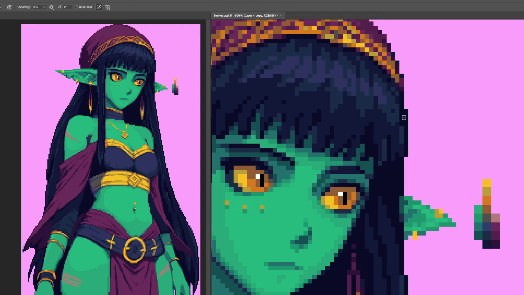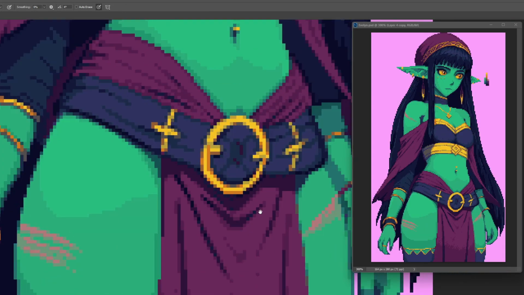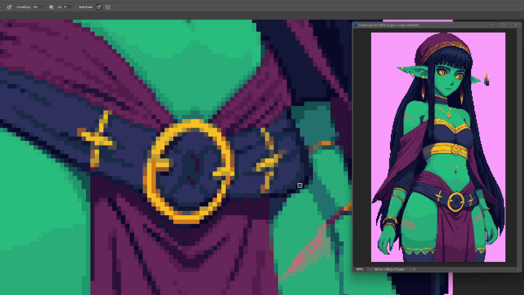I was trying to figure out how to shade that edge, and it was a lot of trial and error. I just wanted to see if something looked better. And the funny part is that I removed a lot of the shading that I actually did. I wanted there to be contrast, so instead I just grabbed black and put it under that part. And then I noticed that the shape of that belt was a little bit off, and